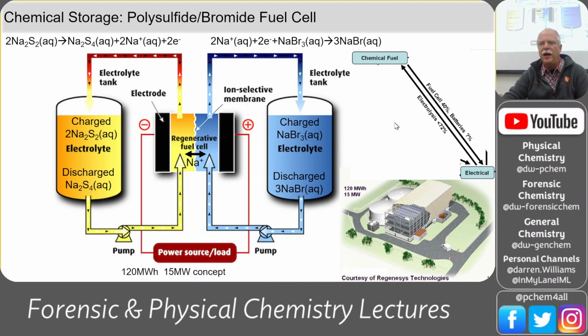Let's look at these flow batteries. So it's a battery, but it's a fuel cell. You can flow the chemicals in and out. You can refresh them, you can resupply them, and so on. And this one is a polysulfide bromide cell. I'm really just going through these to show you all of the varieties of batteries that we have. Not all batteries have just these little encased